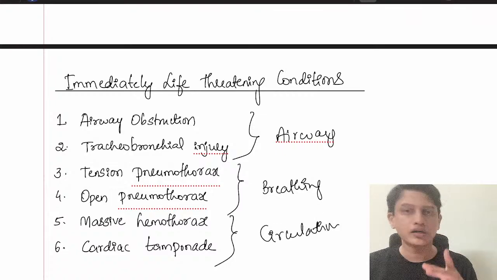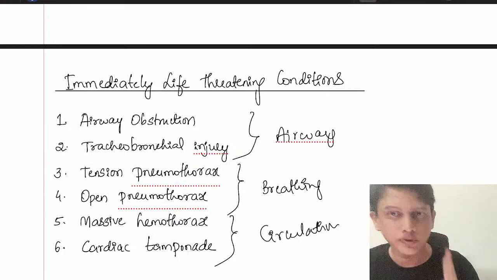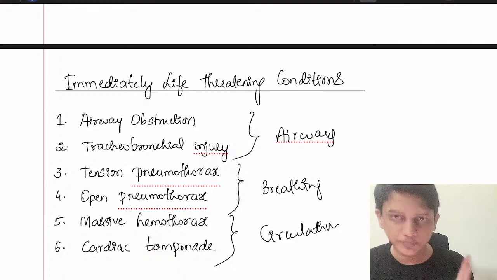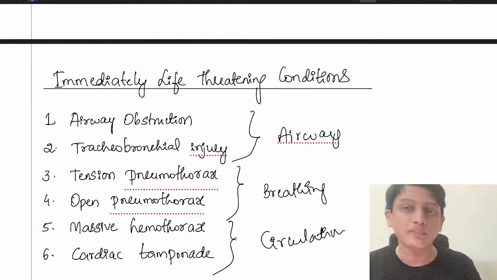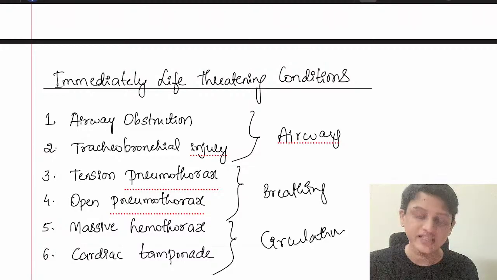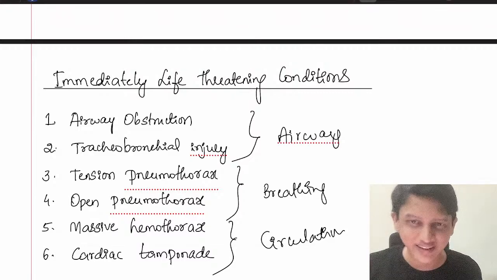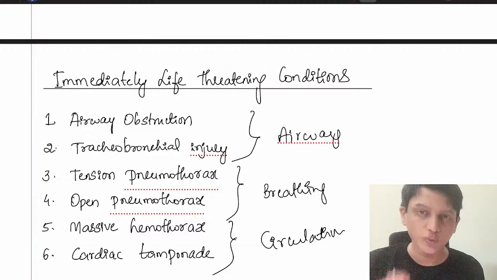In each we have two conditions: airway obstruction and tracheobronchial injury pertaining to airway problems, tension pneumothorax and open pneumothorax, which belong to the breathing category, and massive hemothorax and cardiac tamponade, which belong to the circulatory category. So these are the 6 immediately life threatening conditions. I have not decided this, these are all given by the guidelines. As per the guidelines, these 6 are the most immediately life threatening. So know it very well,